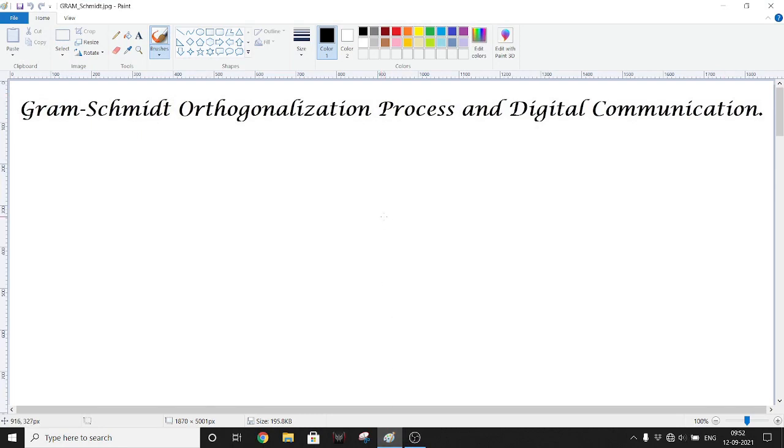Good day, all. Today we are looking into the Gram-Schmidt orthogonalization process for digital communication. Before jumping into Gram-Schmidt orthogonalization, we shall have a look at what a digital communication system in general looks like. So, we all know in nature we have continuous sine waves